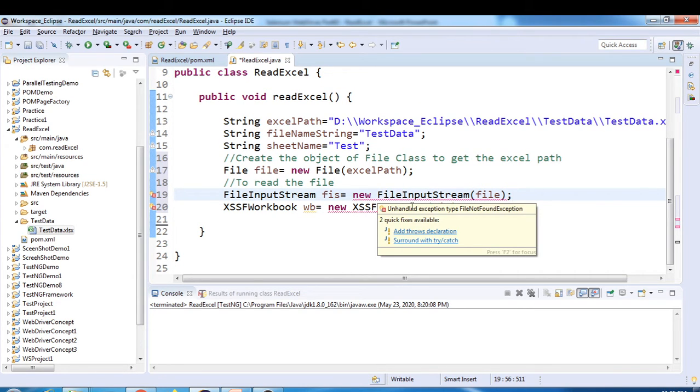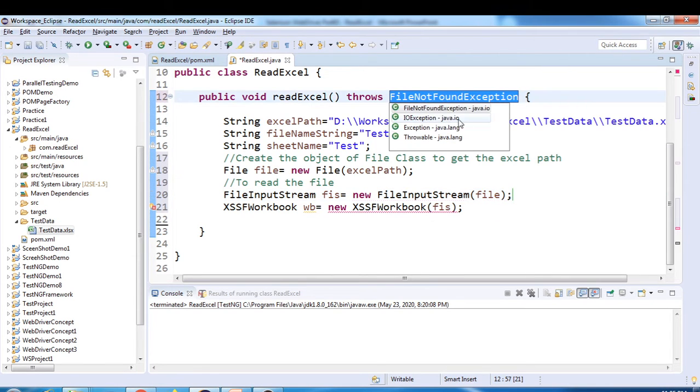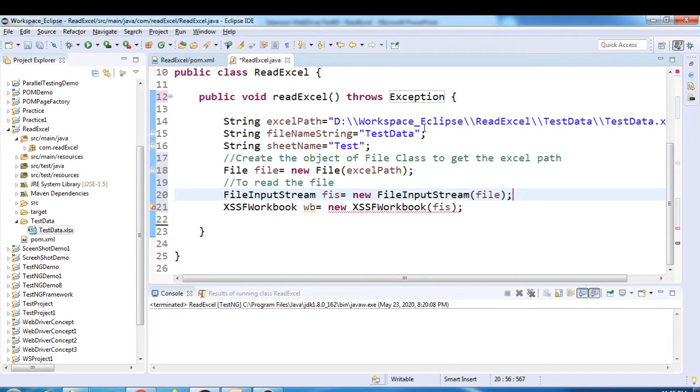We need to add a throws declaration, we'll do that. Let's declare throws. I'll use the base class Exception, better to, so it will take care of other exceptions as well. So we have a couple of objects here. Now we'll create the object of